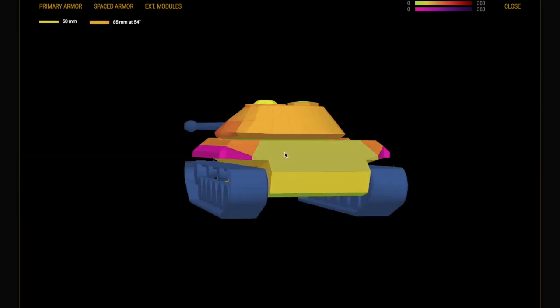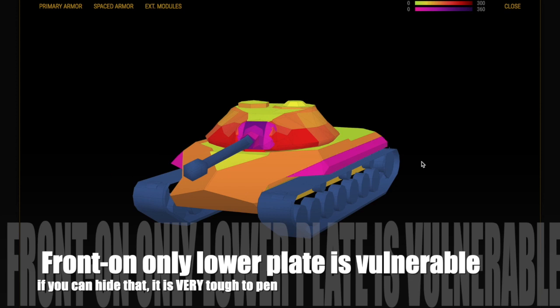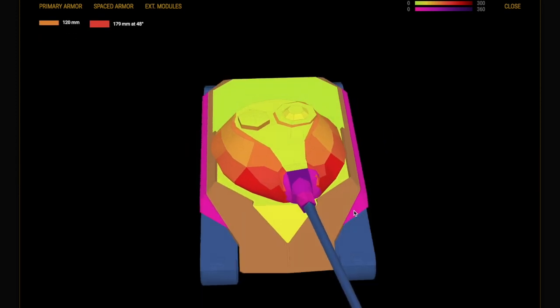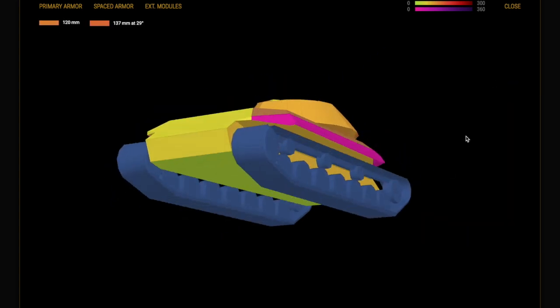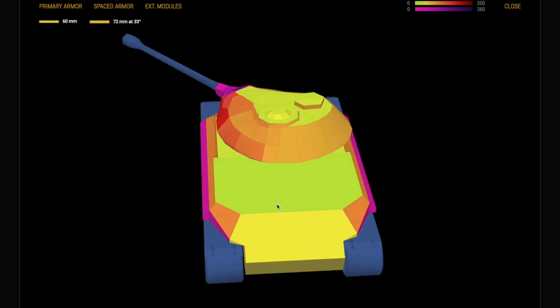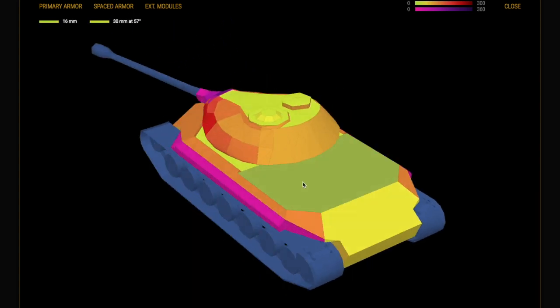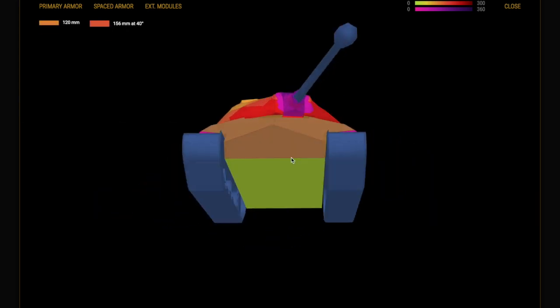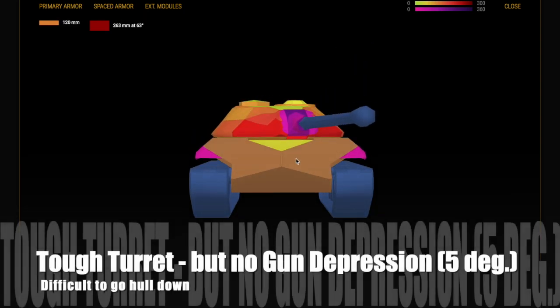Very difficult indeed, and this makes it really strong. Front on, only the lower plate is vulnerable, and even then you need a very big gun or premium ammo to pen it. So when you're going down a hill, as you are here, you can see of course you're vulnerable. Going up a hill you're vulnerable, but then so is every tank. But this tank really is an awesome beast of a tank in terms of its armor profile,